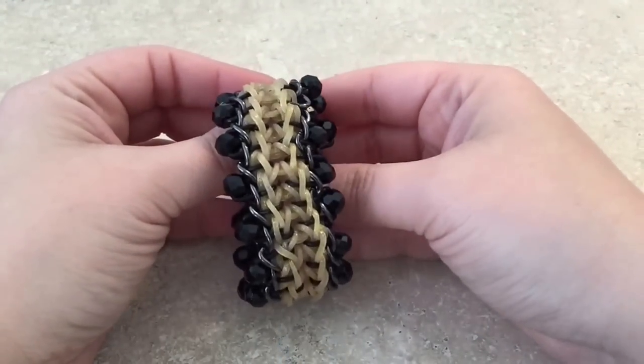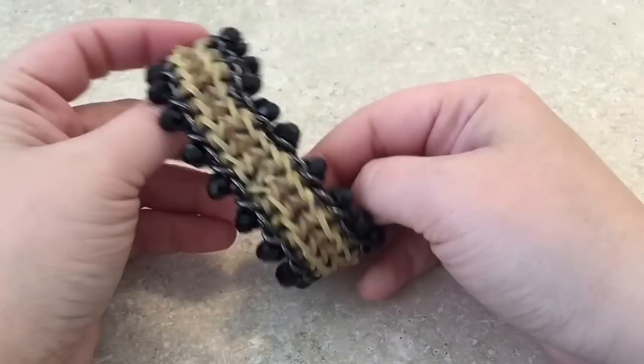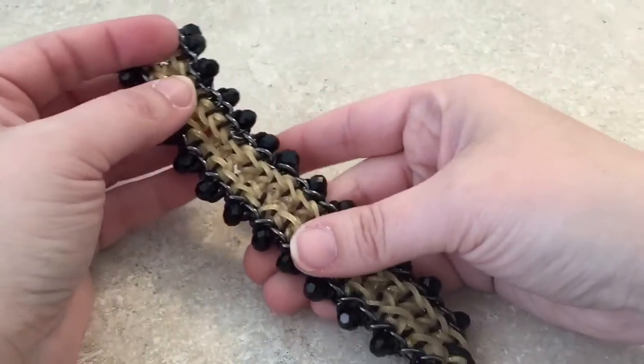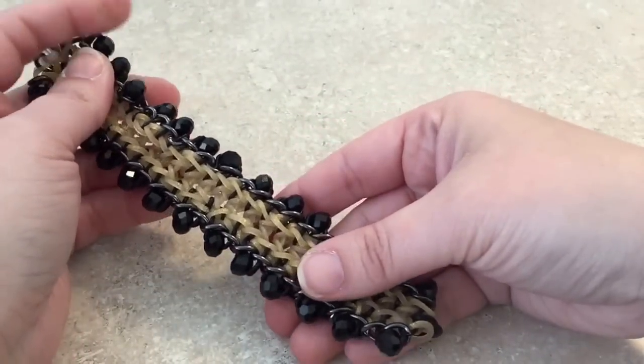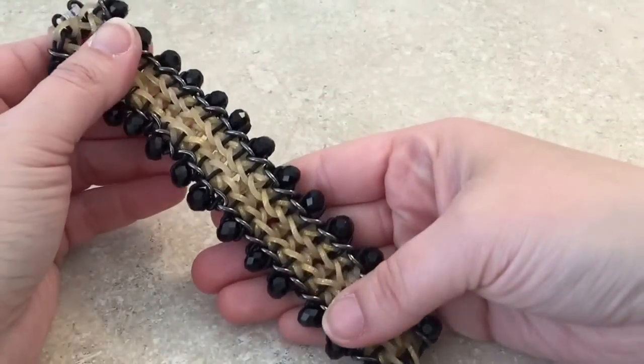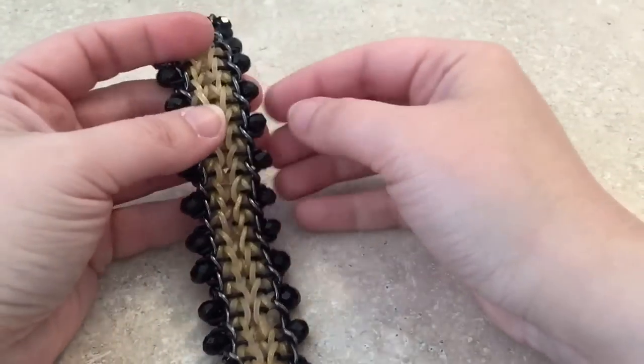As of right now, it is called the Beaded Chain Bracelet, but I'm thinking there might be a name down in that box once we're all said and done and it's posted. So it is an already